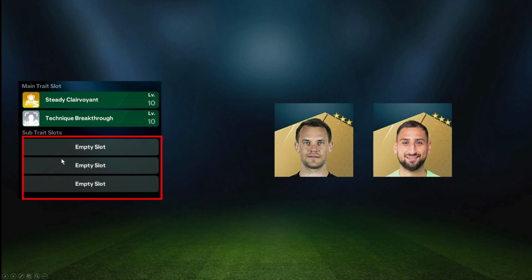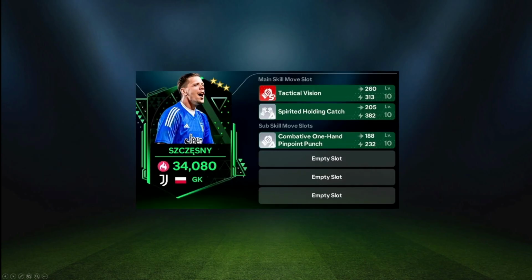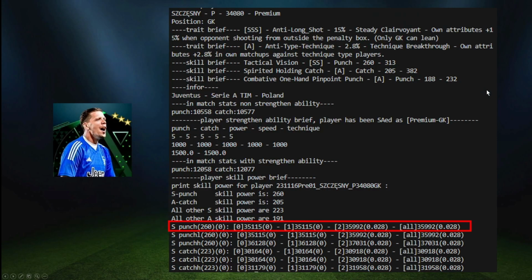This trait is available on 2 regular players, so the chance of acquisition is quite high. Stacking 3 would give an additional 12% punching attribute, which is very strong. Other traits have more options, so I won't go into detail. There's not much to say about skill moves. 260 SS punching is an absolute lifeline. Due to his high stamina, the consumption of SS punching is not high, and no extra skill moves are needed